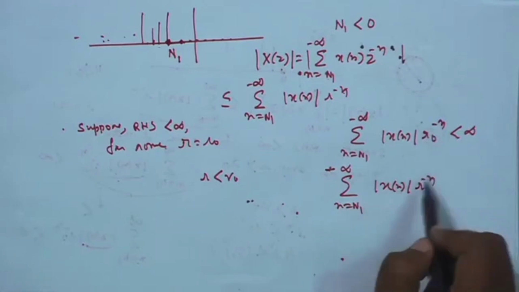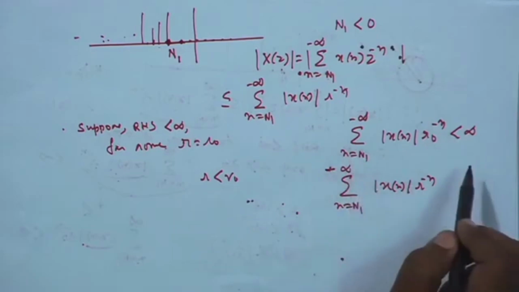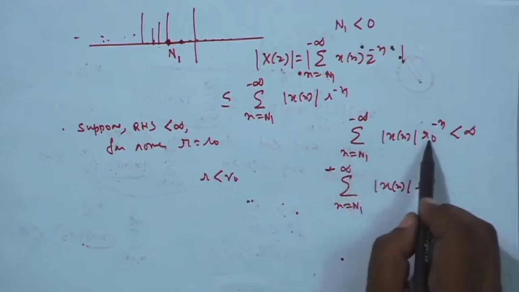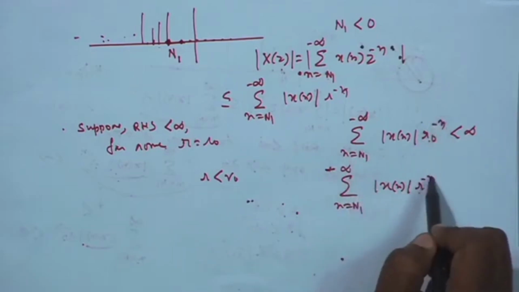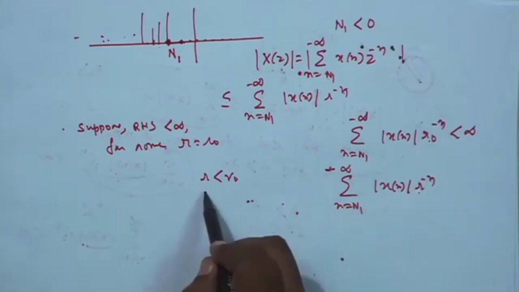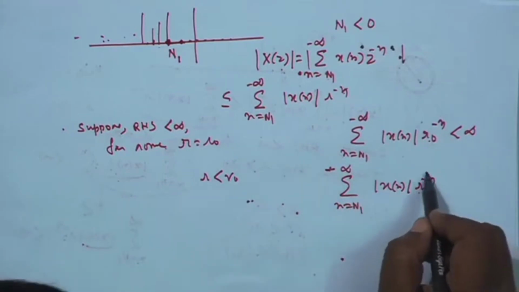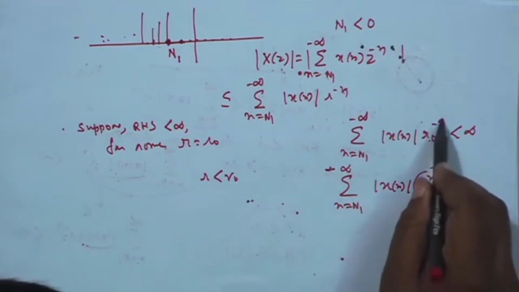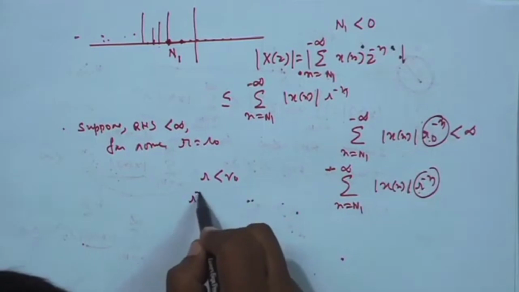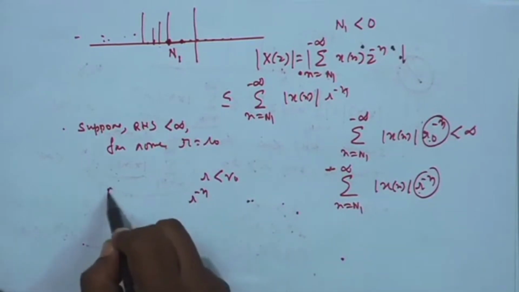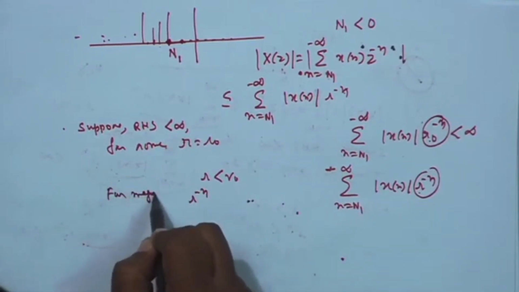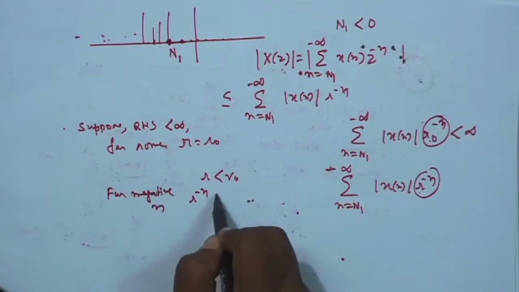You see, minus n is positive, because n is taking negative numbers. So r naught to the power some positive power, r to the power the same positive power. Therefore, if r is less than r naught, then this is also less than this, r to the power minus n for negative n,